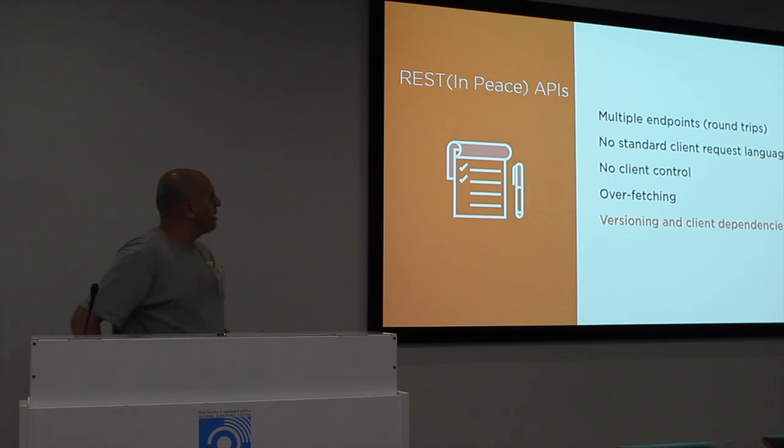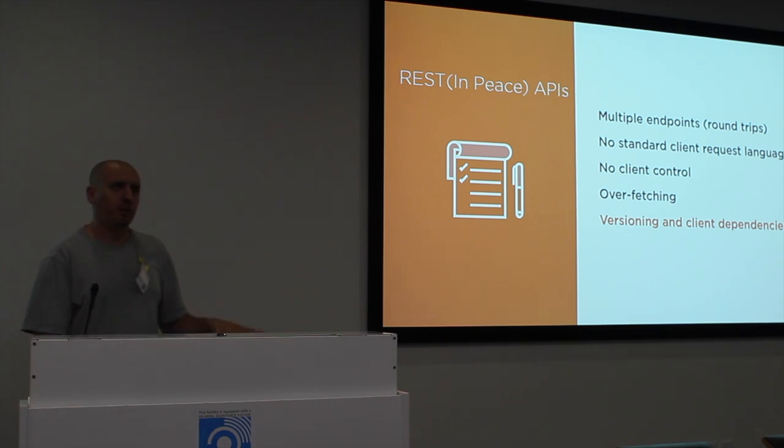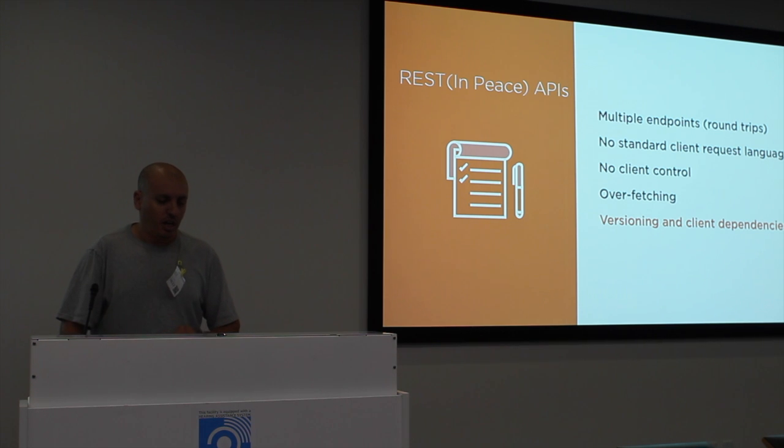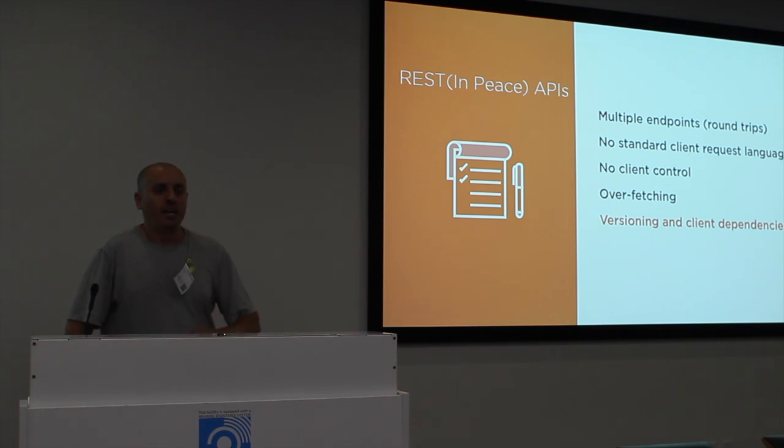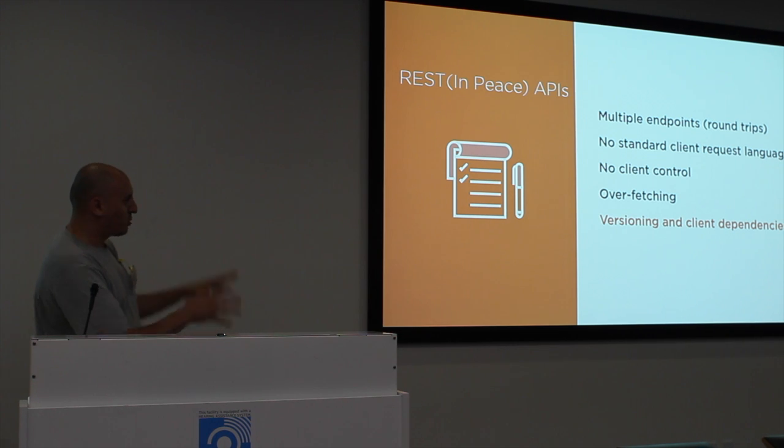Now, I'm not mentioning all the problems of REST, and I don't want to get into what is REST and what is not REST. We know the resource-based things that we do. Every REST API turns into a custom ad hoc API at the end because you want to customize for performance, right? But those are the basic problems that are specific to GraphQL. GraphQL is trying to innovate there.